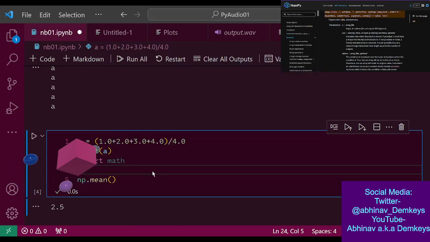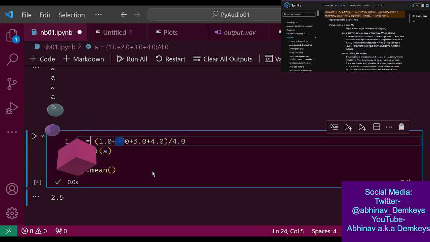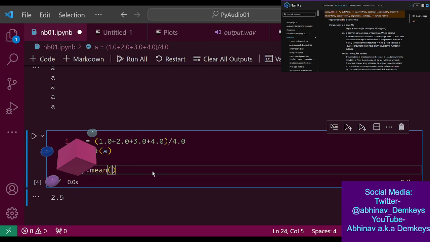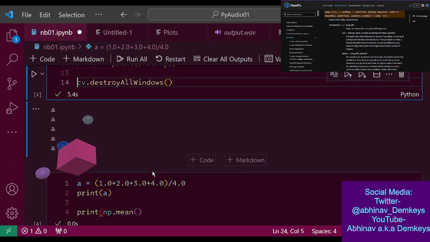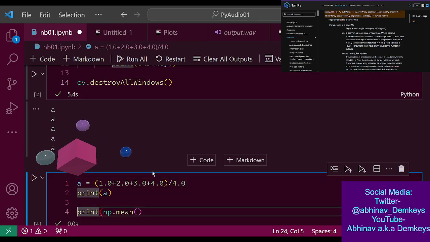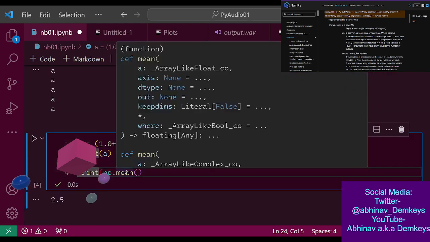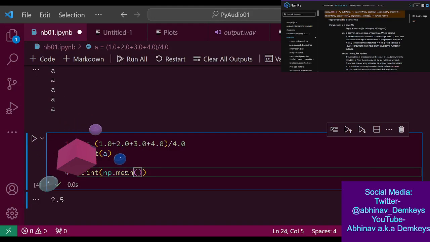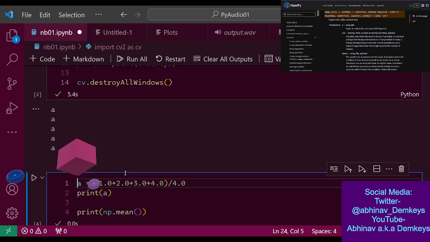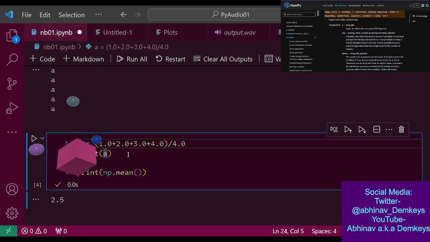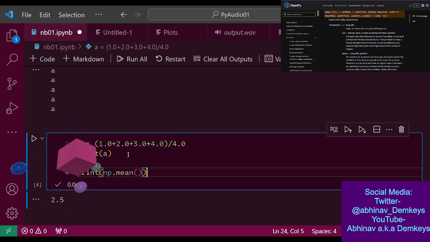But if I'm looking for mean specifically, let's do something here. Oh, I'm curious, is this going to give me the same result? Also it says array-like, right? It doesn't necessarily require a NumPy array.